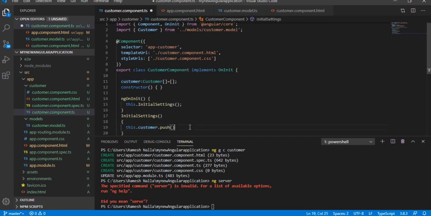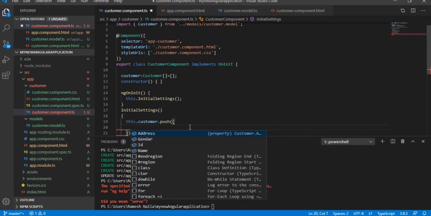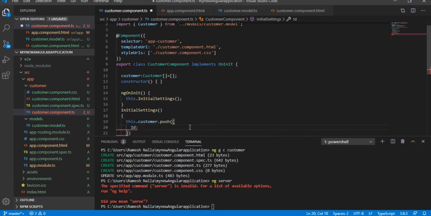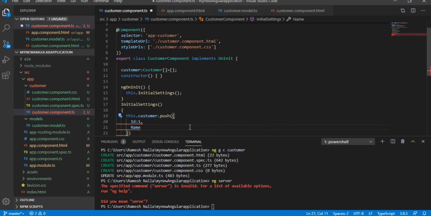I am going to push the elements. So what are those elements? The customer class consists of id. Customer id I am giving 1, and the customer name, it's a string, Ramesh is the customer,